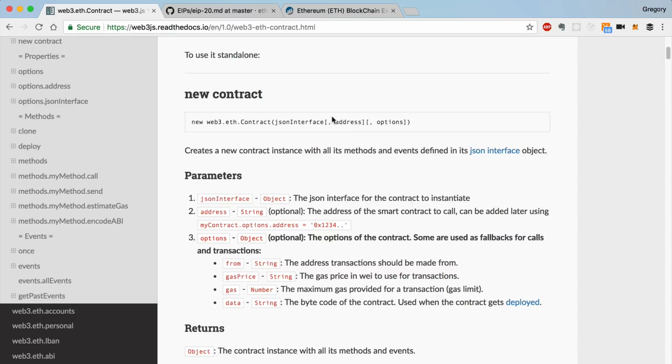In addition to the interface that tells us how the smart contract works, we need an address to tell us where the smart contract lives. So we'll get both of these pieces of information whenever we create this new smart contract in JavaScript to interact with. And what I'm going to do is connect to the main Ethereum network, and we're going to actually read a smart contract that is deployed to the main Ethereum network and read some real live data to show you